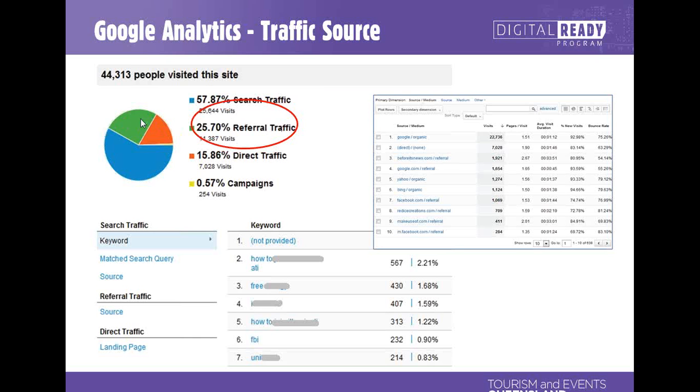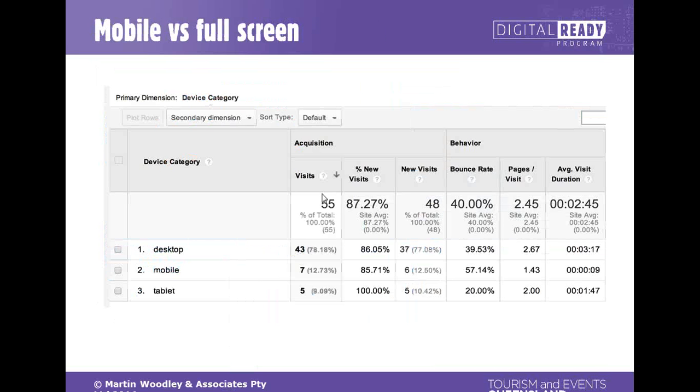So I'll be looking for more referral traffic, which will push this down a bit, but don't panic if that happens. As you can see, these are all the referrals for this site. So it's got some from organic, some from Google, some from Yahoo, some from Bing, some from Facebook, etc. Yeah, so that's where your traffic's coming from.